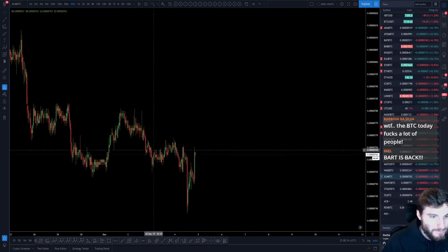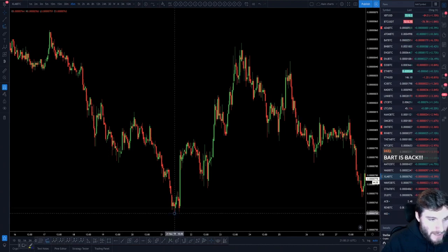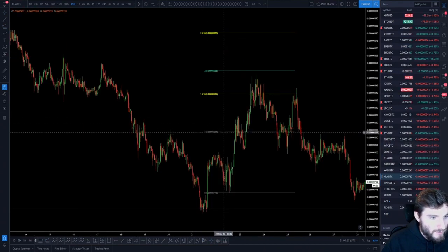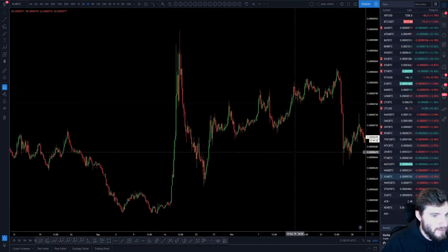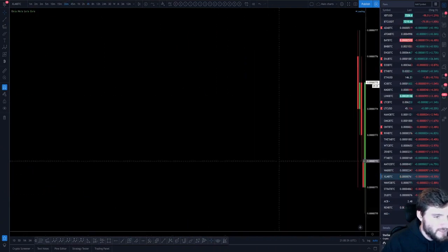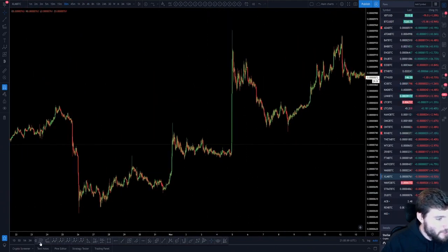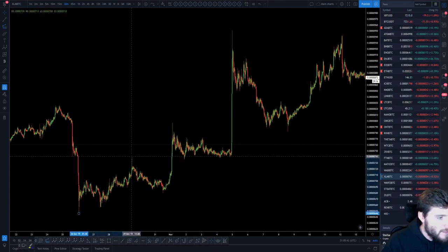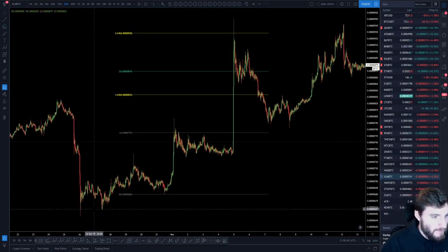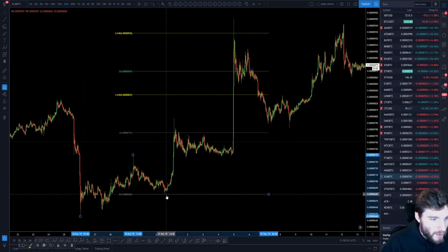Let's do XLM. I know XLM had a really big pump, didn't it? So of the low of that pump to the high, to the low. Actually, that's not the really big pump that XLM had. There was a bigger pump than that. It's this one here. Oh, actually you can't really get extensions off of this. It's straight up. I guess you could off of these pivots, from low to high to the low. Okay, this is a random pivot, I think, but from low, you see what I've done there? From low to higher low.